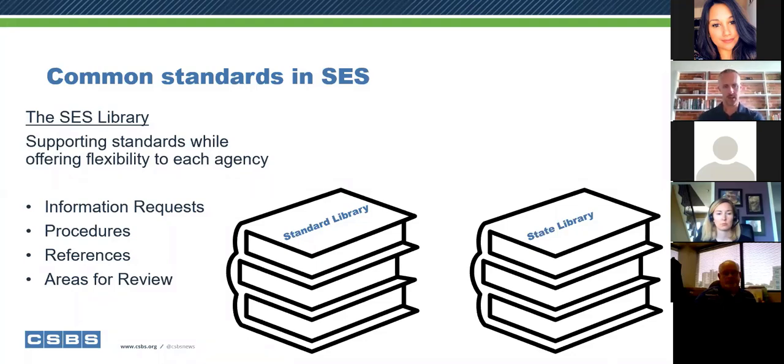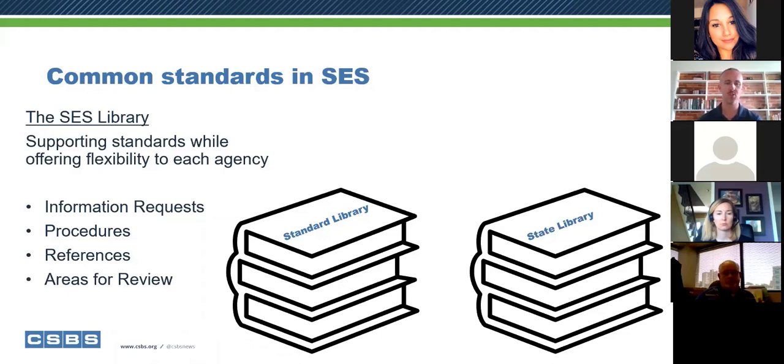And so, like you see on this slide, there are really two libraries within the SES library. There's a standard library on the left, and then a state-specific library on the right. That's because we know that each of your agencies is somewhat unique.